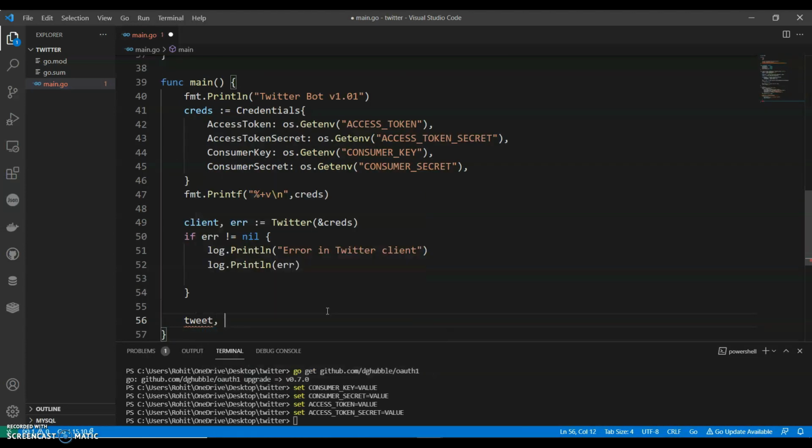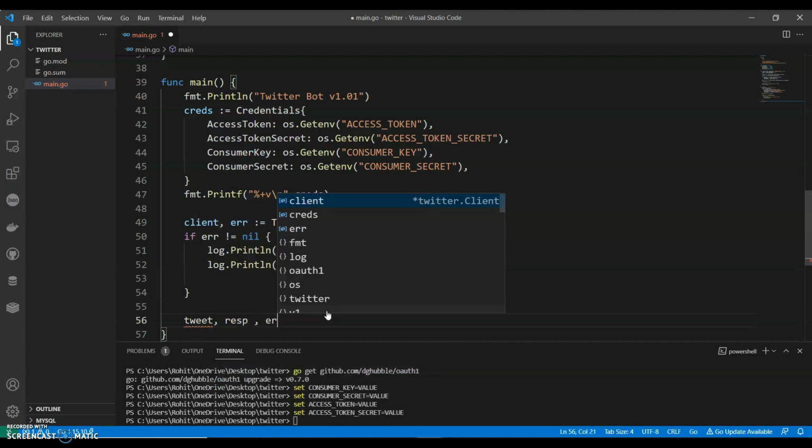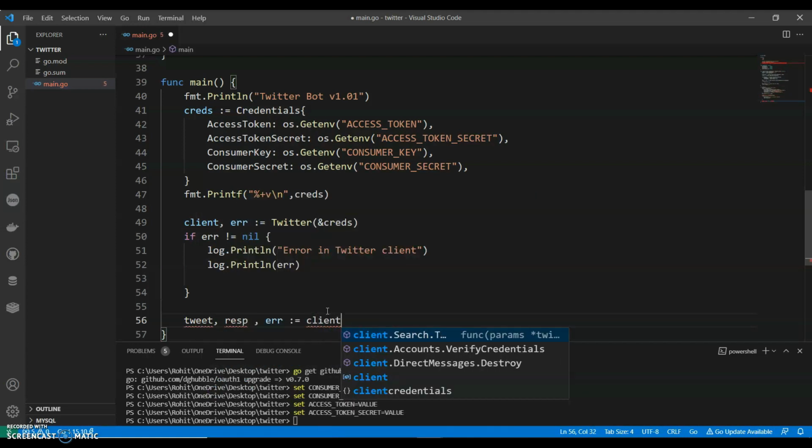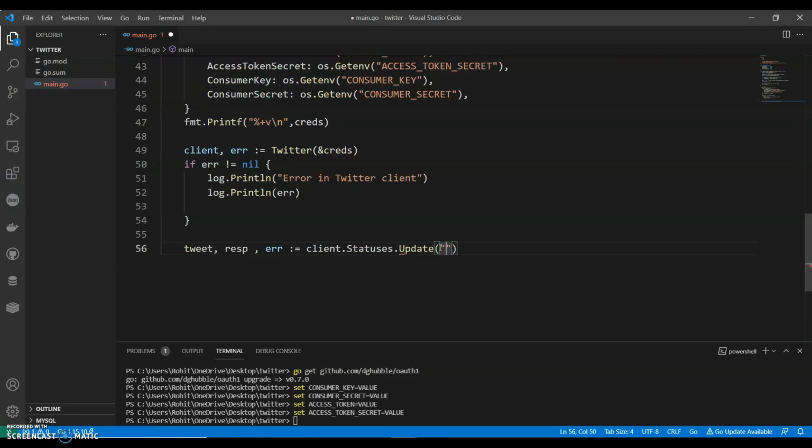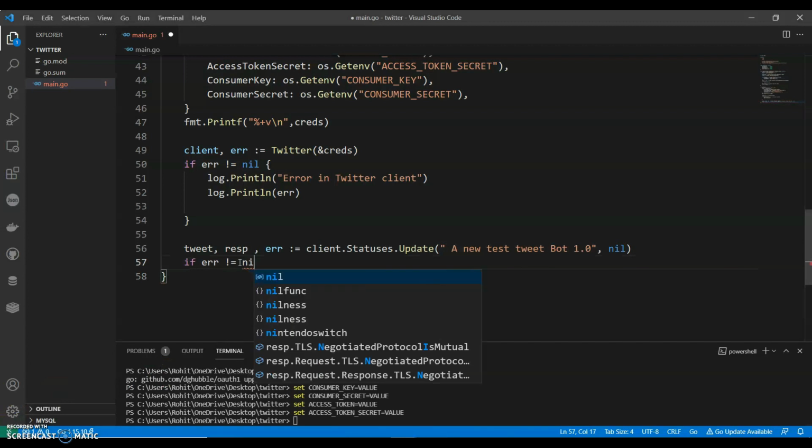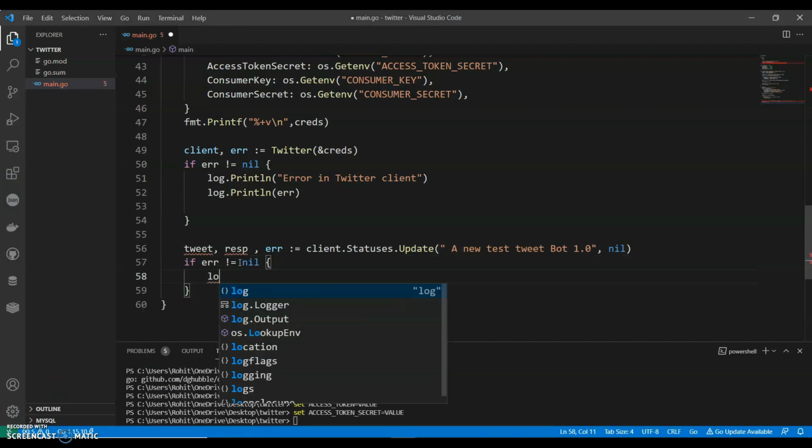Then log.Println. So what will we tweet? tweet, err equals to client.Statuses.Update. What tweet do we want to have? Let's say a new tweet bot 1.0, this will be our new test tweet, and comma nil. If err not equals to nil, log.Println.